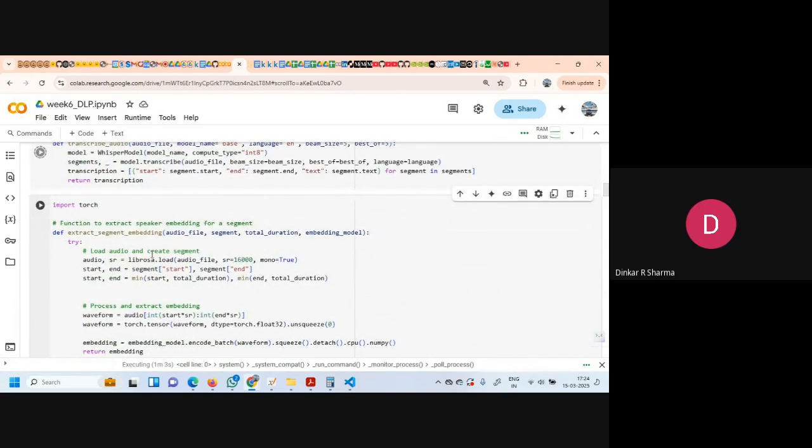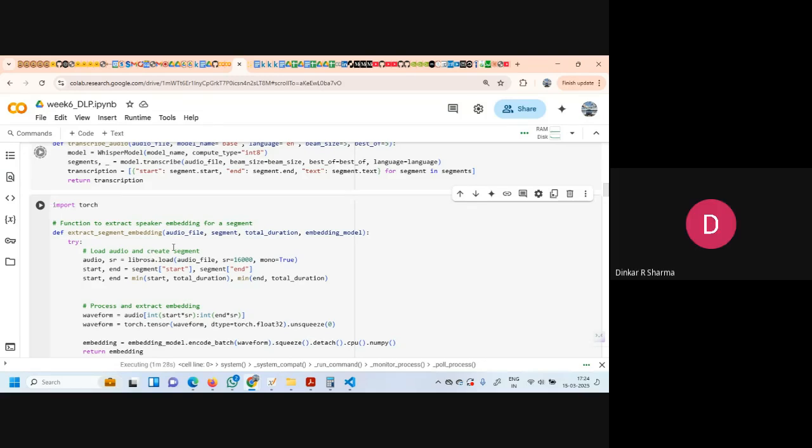Sir, what is this beam size? Beam size, you remember that we used to do out of 5, like we can select one by one. So it will not always give the same output. In LLM we were taught, you remember, week 7 or week 8?